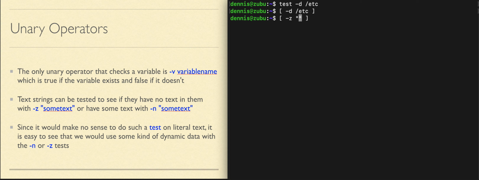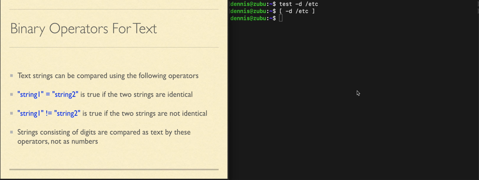The -n is the opposite of -z. Is there any data here? If there is, this test is true. -z means, is there no data here? In which case it would be a true test. We wouldn't normally do any of these tests, the z or n, on literal text. I wouldn't have a command like -z and literally hello world. That test will never be true because there is always data there, so we would never actually use it that way. The other kind of test that you can do on text